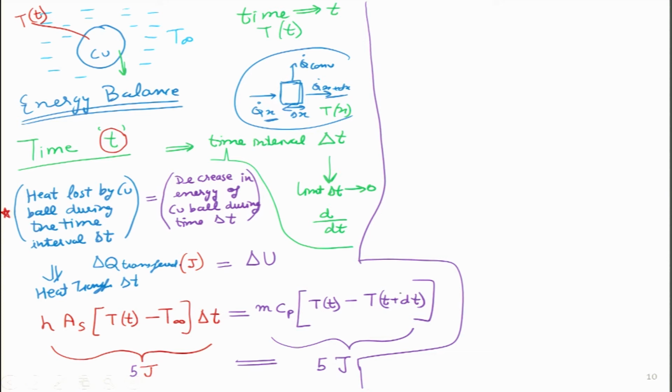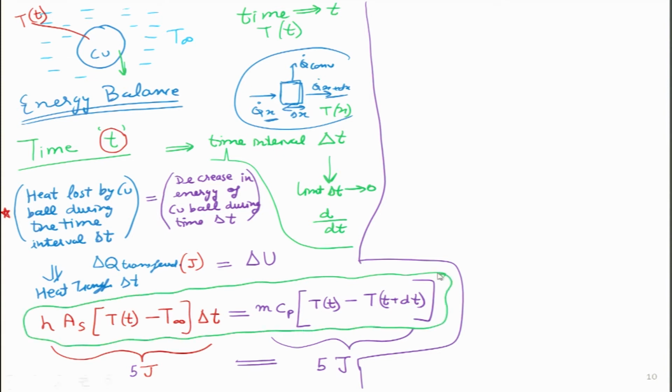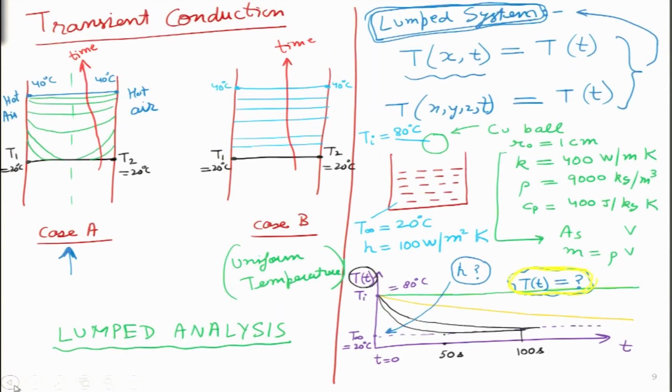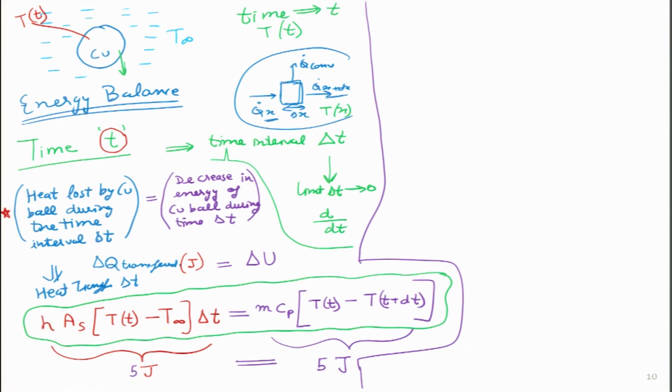Now, this is the starting point of the differential equation, or the governing equation, that we were looking for. Let us not forget our objective. If we forget, we have to go back to the previous slide and see what we have highlighted in yellow. This is our objective: we want to figure out temperature as a function of time. Now, do we see some sort of a differential equation appearing over here? I can see it, because I would like to take this delta t on the other side and then take some limits. So, let us go ahead and do that exercise.